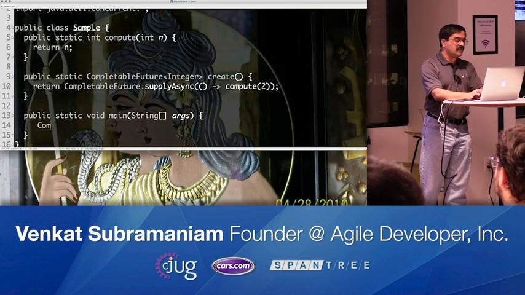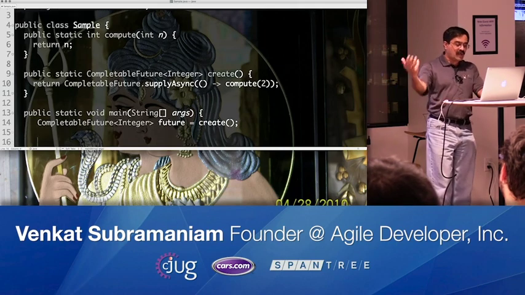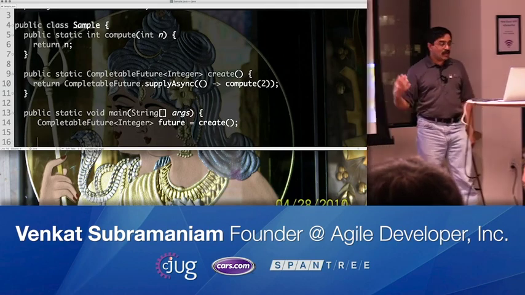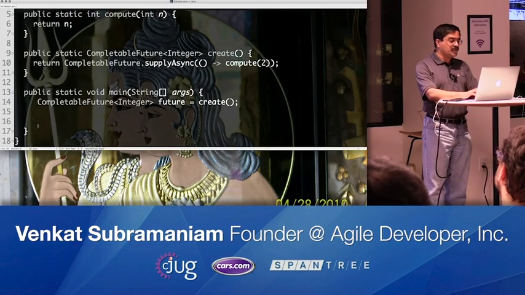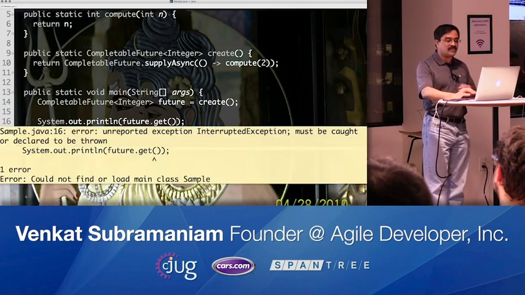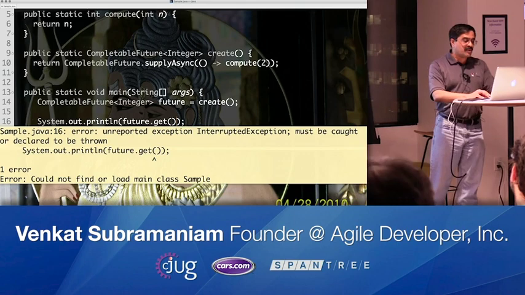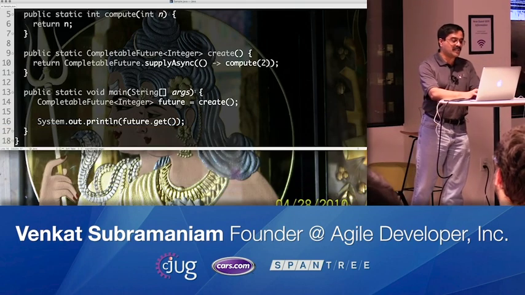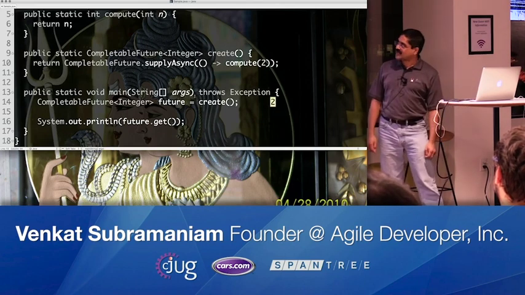Now how do I use this result from this particular function? I could say CompletableFuture of Integer, we'll call it future, is equal to create, and this is going to give me a completable future on my hand. But I want to get the result out of that particular object. Here's a way you could do this. You could say future.get, and you could call the method on that object. Well, clearly Java says I have to catch the exception, but as experienced Java programmers, we know exactly how to deal with this. We'll simply say throws Exception and be done with it right now. And of course, when I go back and run this code, it gives us the result too.